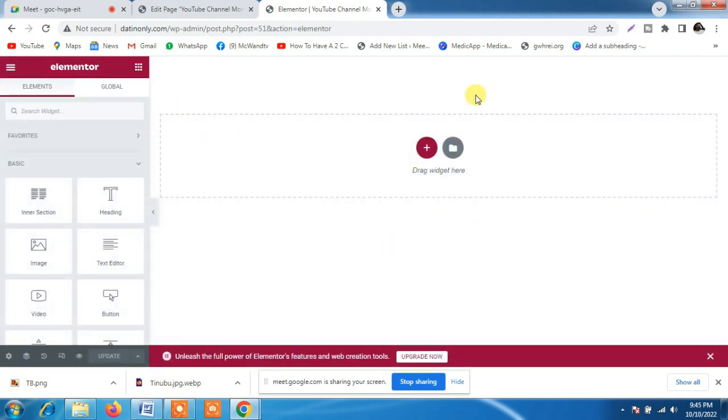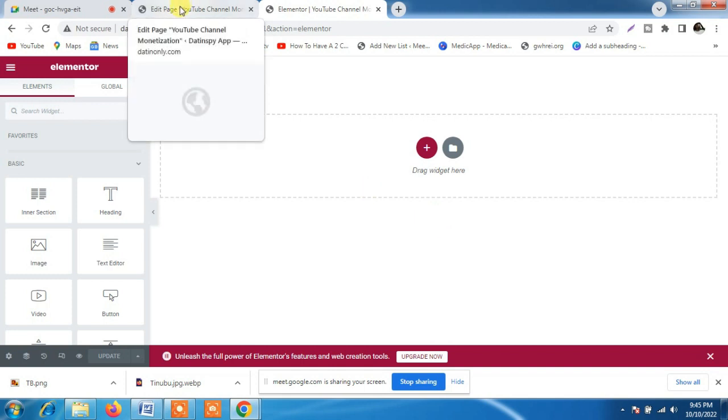Now you see, this is how Elementor will look like. I was showing you guys an example of